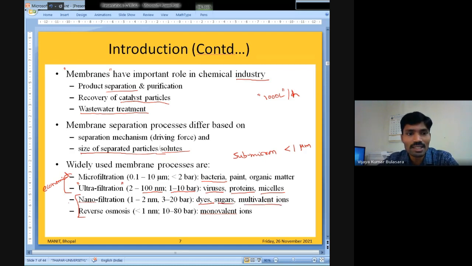This nanofiltration process finds important application in textile industries, because the textile industries, especially the dyeing operation or dyeing process, use dyes plus some salts in water. These salts can be sodium sulfate or sodium chloride. So this solution can be separated by the nanofiltration process, because the nanofiltration membrane